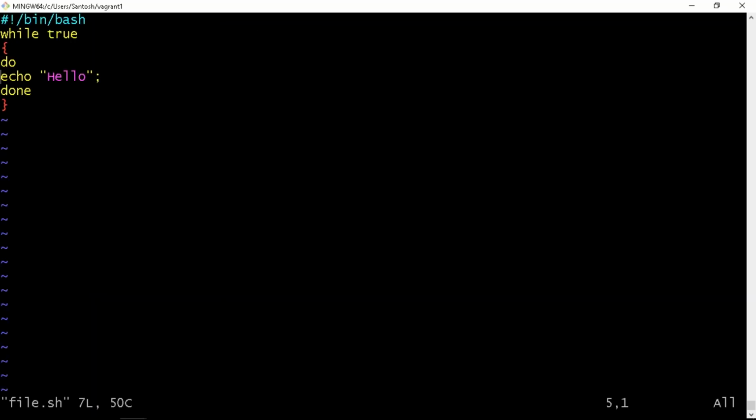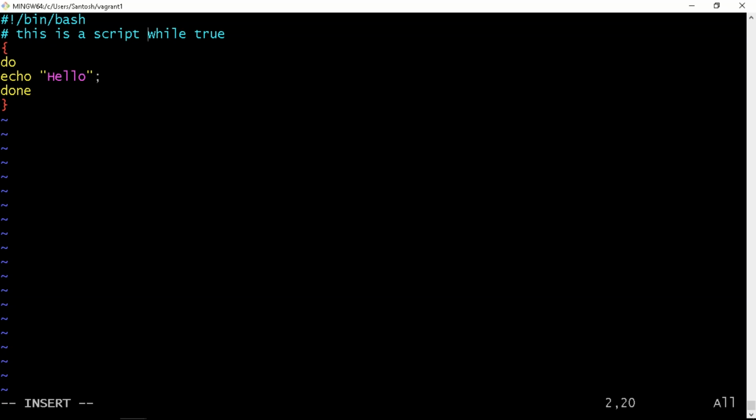So there are a lot of other things which we can do in the VI editor. If this is in escape mode by default, and I want to enter something, I need to press I, which will go to the insert mode. Then I can write something into it. So let us say I want to write something. This is a